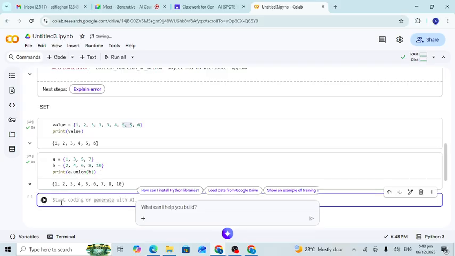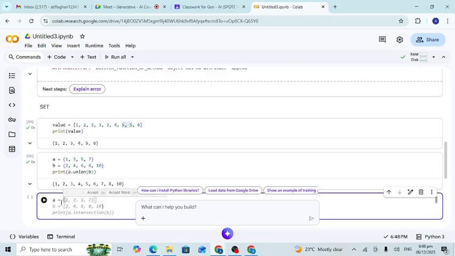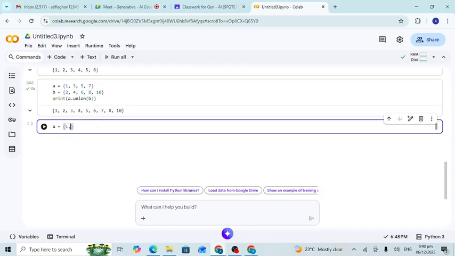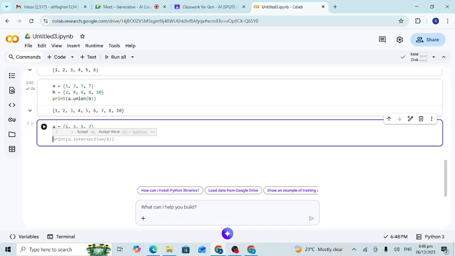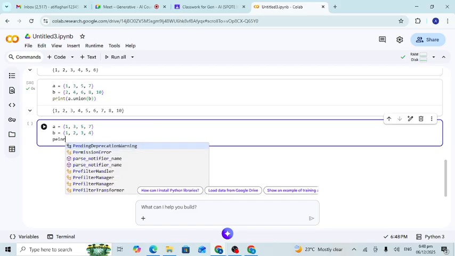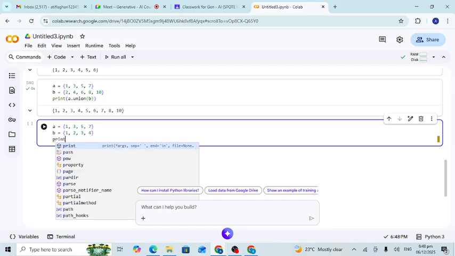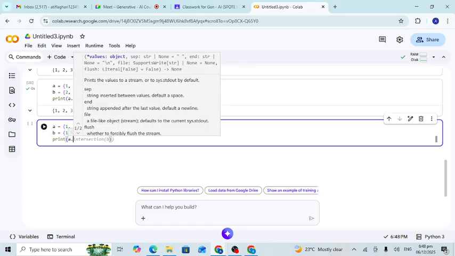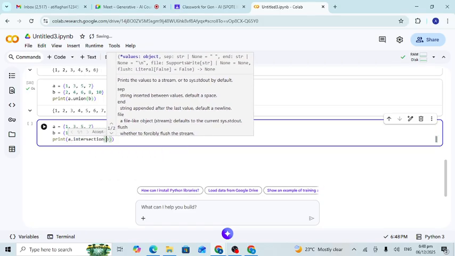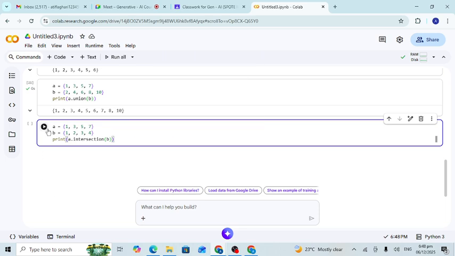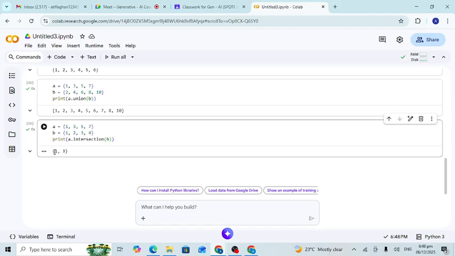Then we have set A, which is basically 1, 3, 5, 7. After that we have B equal to 1, 2, 3, 4. So here I have to write print A dot, and now you have to write intersection of B. Then when you print it, you will get 1 and 3